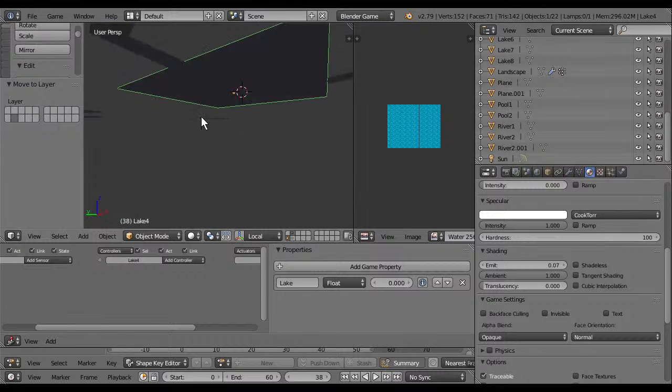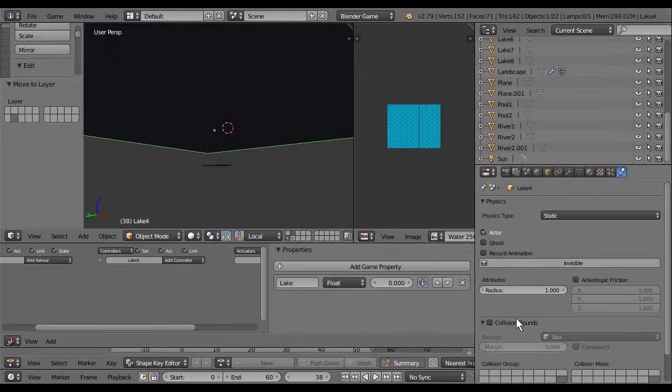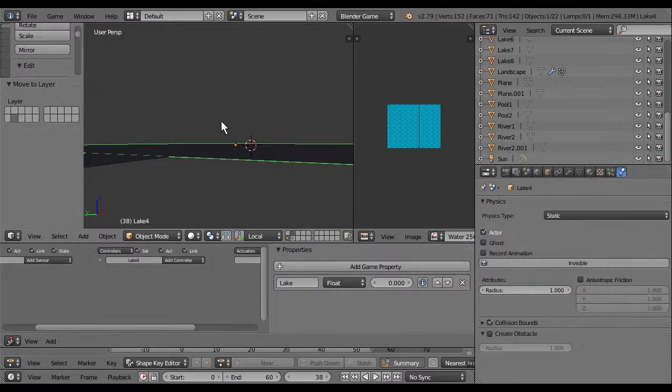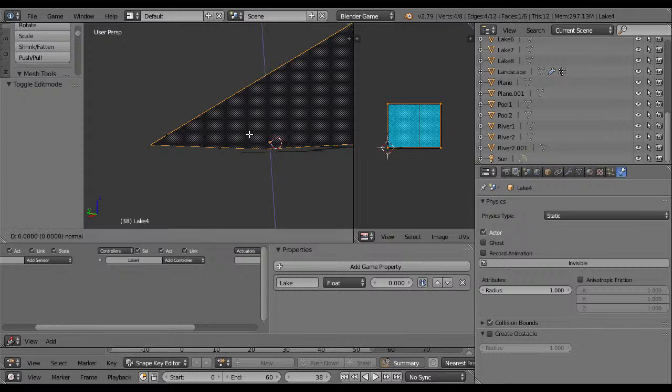Set water on. It's supposed to be very quick today, but turns out it's only occasion. Box, okay. Actor. And then I'm going to duplicate this.